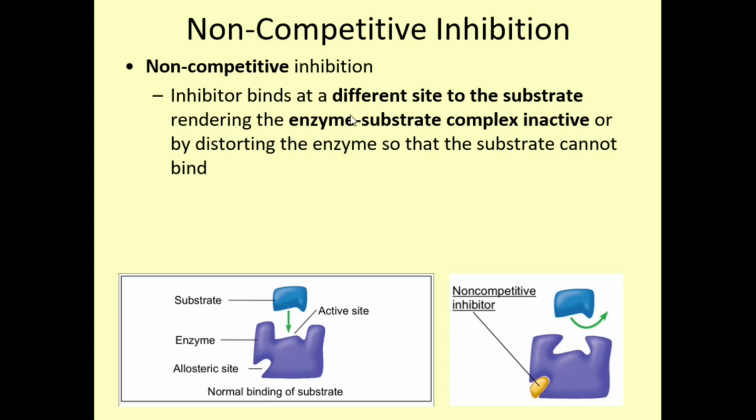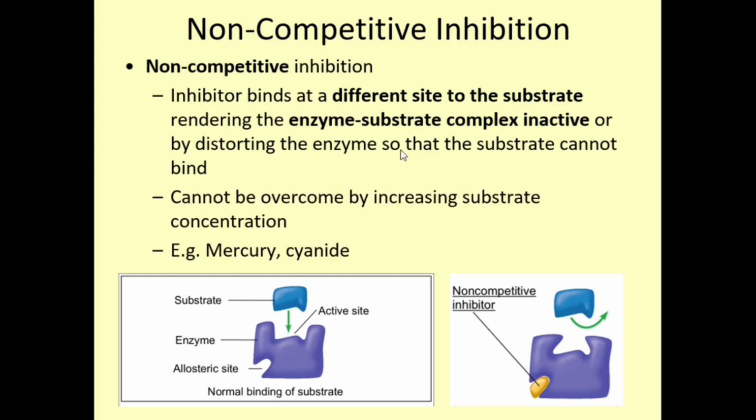The inhibitor binds at a different site to the substrate, rendering the enzyme-substrate complex inactive, or by completely distorting the enzyme so that the substrate cannot bind at all. So because this actually changes the shape of the active site, increasing the substrate concentration won't make any difference because the enzymes are completely distorted. So the active site is rendered inoperative or useless. So you can add as much substrate as you like, and it's not going to be able to fit into